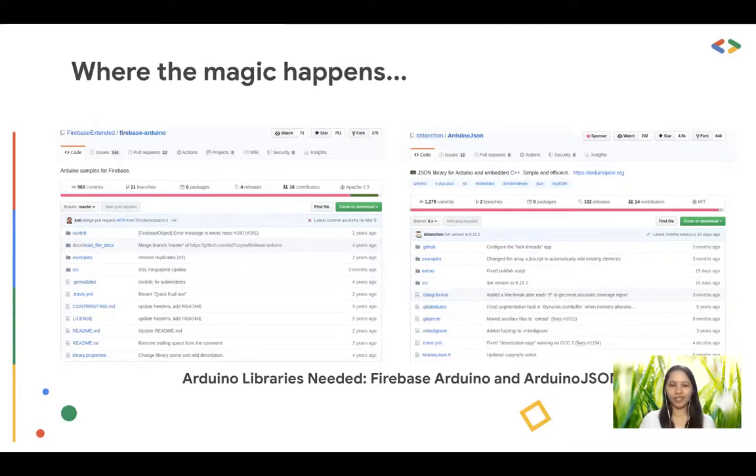We actually need 2 libraries to help interface our development board with our sensor and Firebase. Here, we have the Firebase Arduino library, which we use to call built-in functions to call the Firebase API from our development board. And also we have Arduino JSON, a JSON library for Arduino